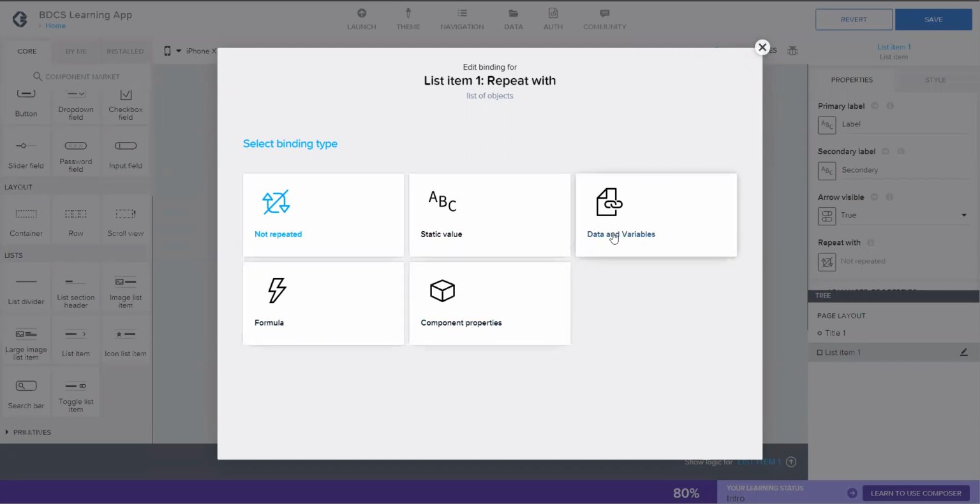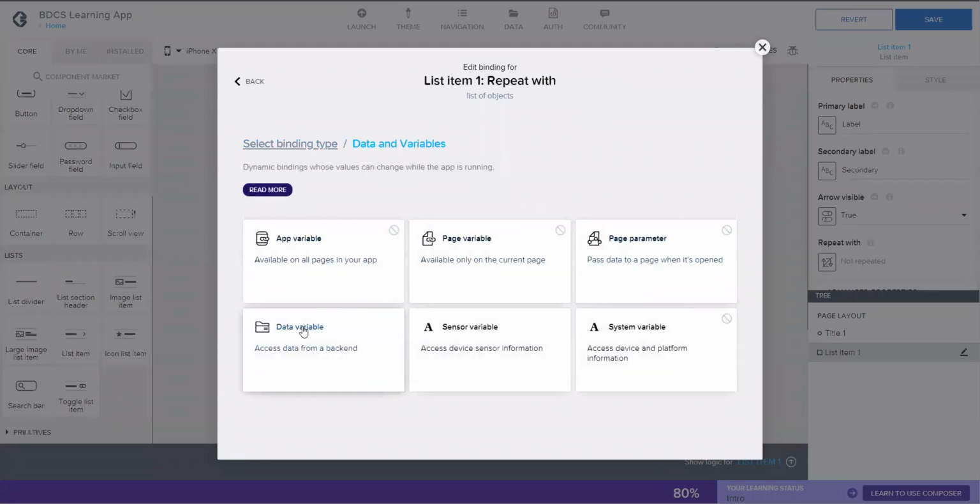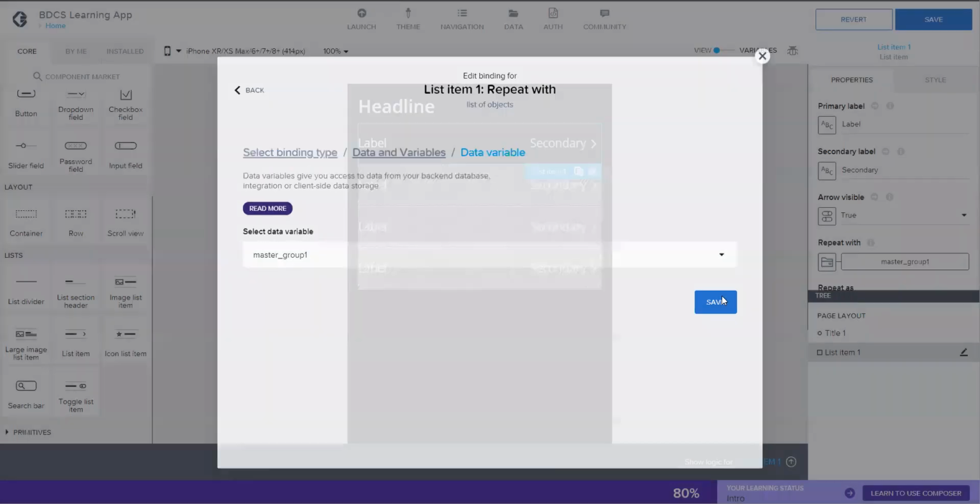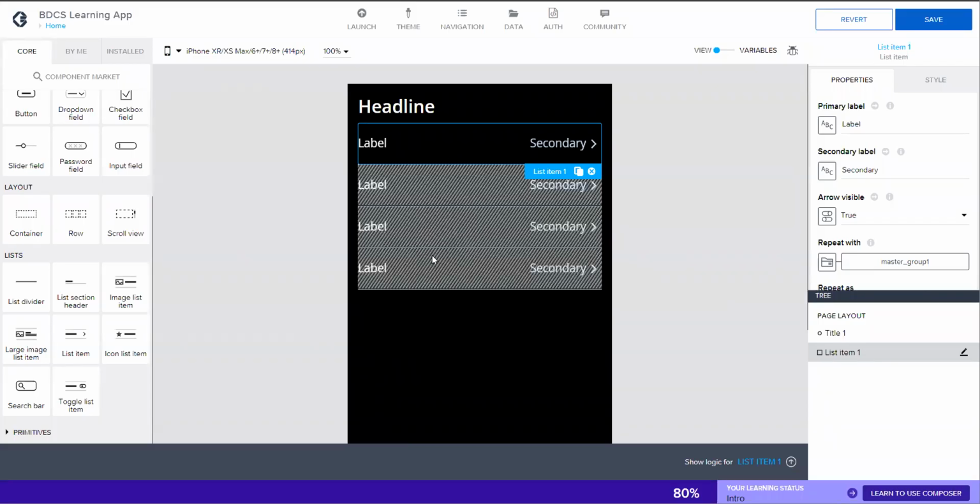I'm going to click on data and variable and data variable, because I'm going to use master underscore group one in the repeat. For one record, one time, this will be repeated. And I click on save. You see these repeats have occurred. These are not 13. This is just metadata, like a structure. When we launch the app, we will see the real data.